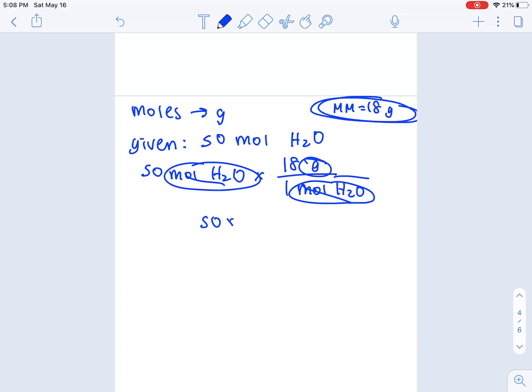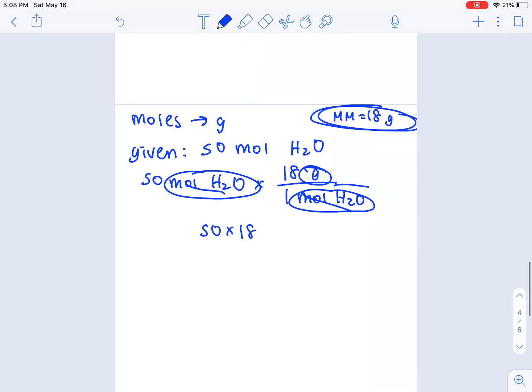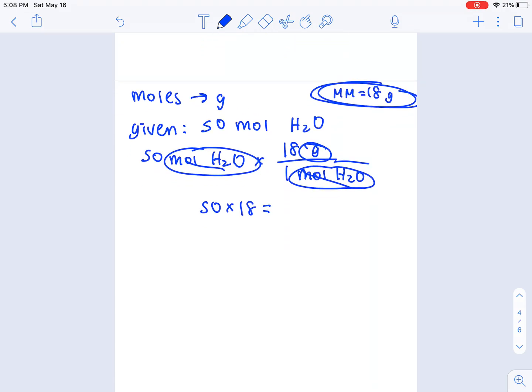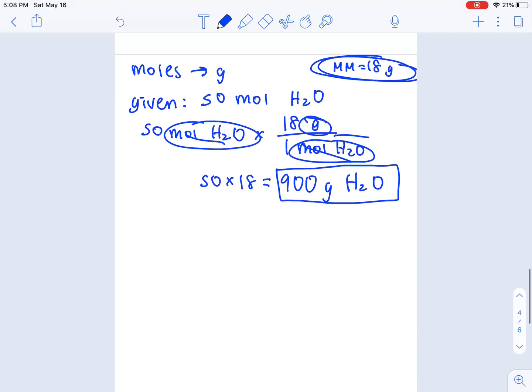And you have 50 times 18. You're not dividing this time. You're multiplying. And plug that in the calculator. That is, wow, big number, 900 grams of H2O. Very, very big number. And that is how you convert moles to grams. Let's do another one. Let's do an example. Again, moles to grams. Let's say you're given 2 moles